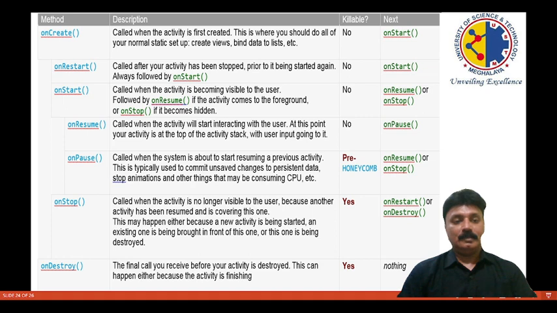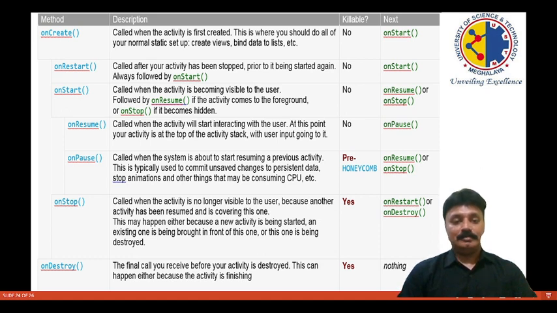Then onPause: the system is about to start resuming a previous activity. This is typically used to commit unsaved changes to persistent data, stop animations, and other things that may be consuming CPU. Pre-Honeycomb, the process is killable at this moment.